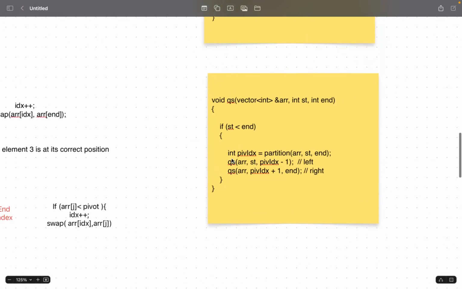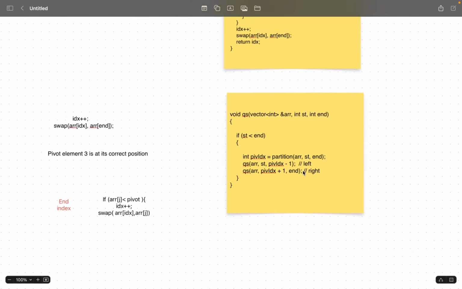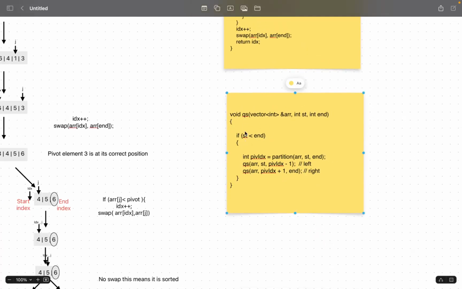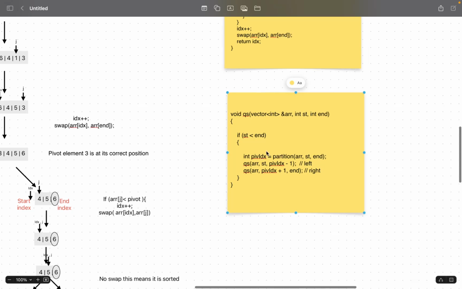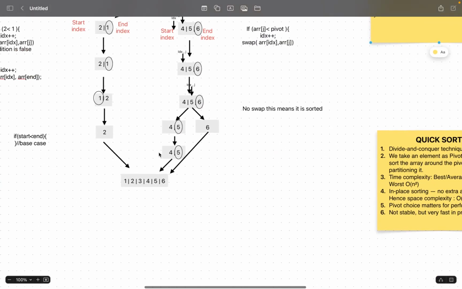Here we are passing the array, our starting index, and our ending index of the left subarray, and in the right subarray we are doing the same thing, with pivot index plus 1, which is the starting point of the right subarray, and the end. In this way the quicksort function will call itself again and again for the left and the right subarray, and then we will finally get our